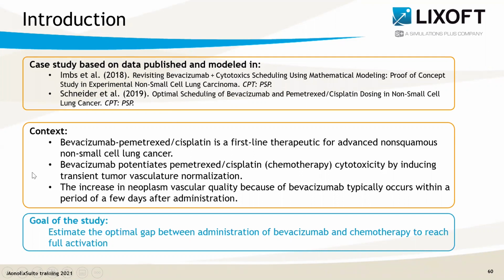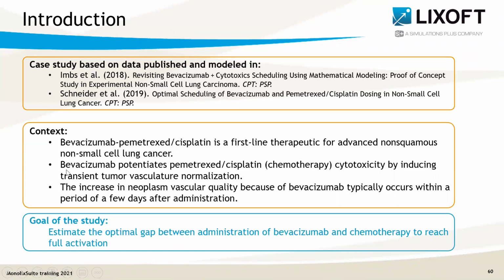The context of this study is to focus on bevacizumab, which is a molecule that is used in combination with pemetrexed and cisplatin, which is chemotherapy, as the first-line therapeutic for advanced non-squamous non-small cell lung cancer.